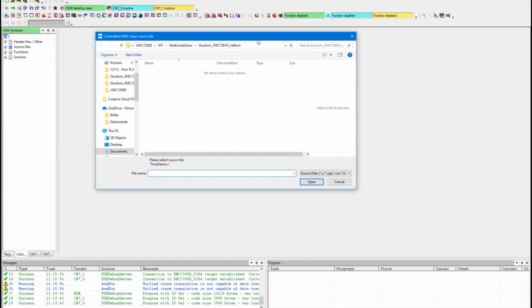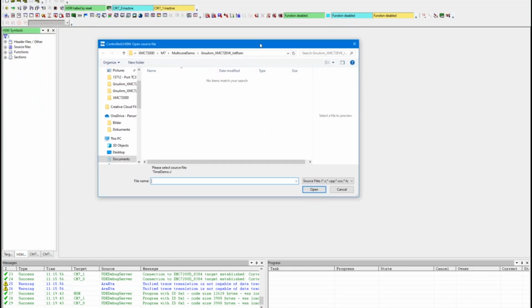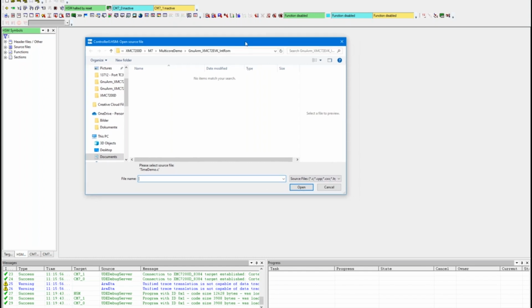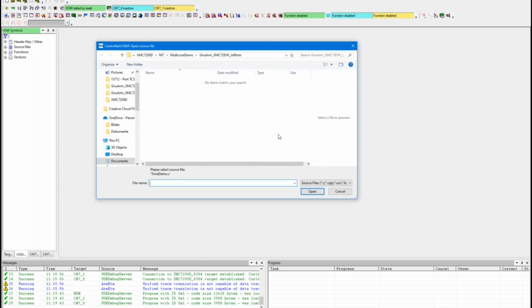From the ELF file, we got the information that some source files should be opened for the main function and for the startup code, for example. If you get this window here, then that means that UDE can't find the source files on your PC at the location that is provided in the debug information. That may happen if you compiled the application on a different machine, or if you changed the file locations in between. That's not a problem. You can browse in